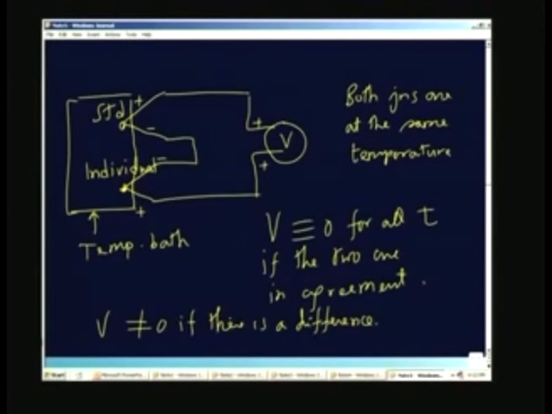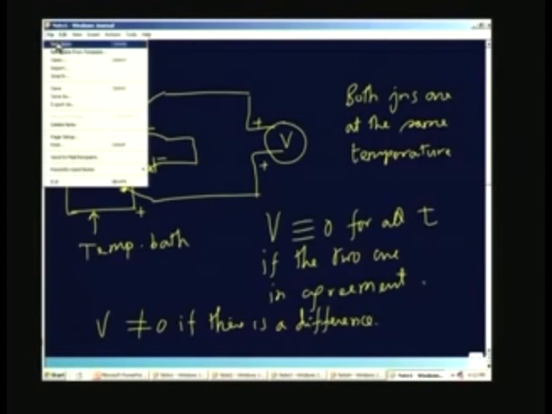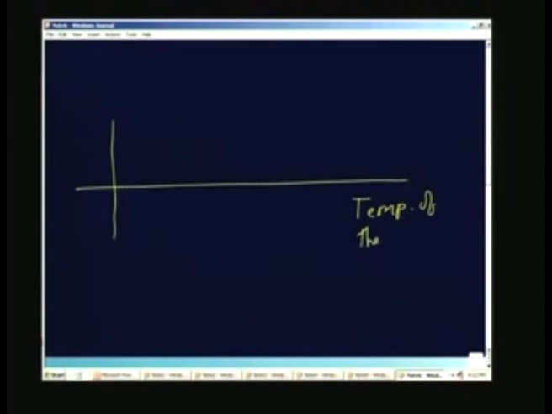So, if I make a small plot like what I am going to show in the next slide. I am going to make a plot like this. This is the temperature of the bath. I can start with some value T1, T2, T3, T4, etc. On this I am going to plot delta V